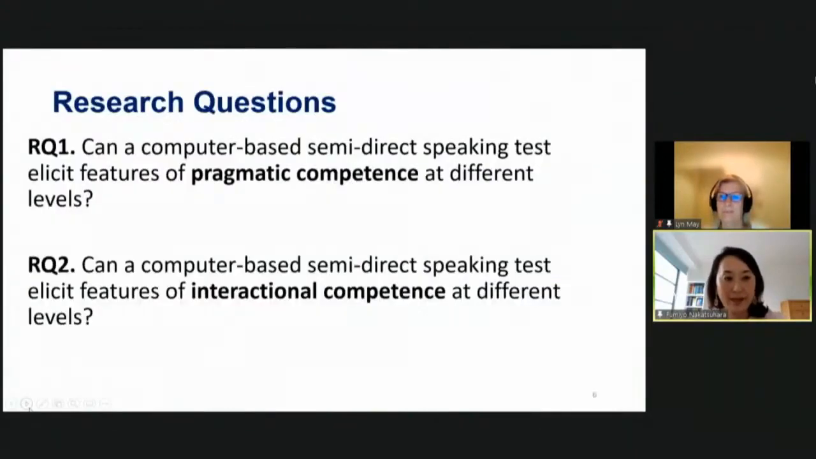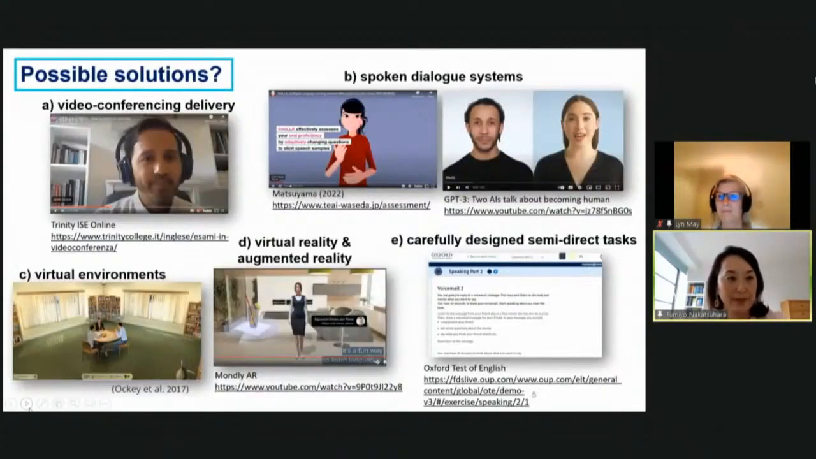In particular, the state of the art of the spoken dialogue systems a few years ago is completely different from what it is now. If you're interested, we highly recommend watching these videos. The first one here is the new speaking test developed by Waseda University, Japan. And this second one is on the new language model GPT-3, generating responses